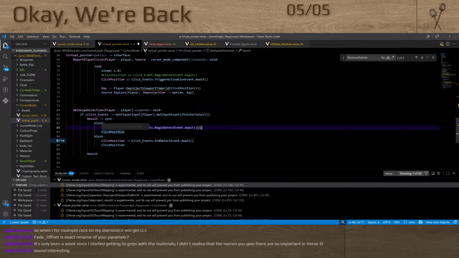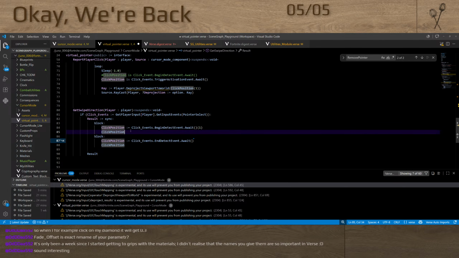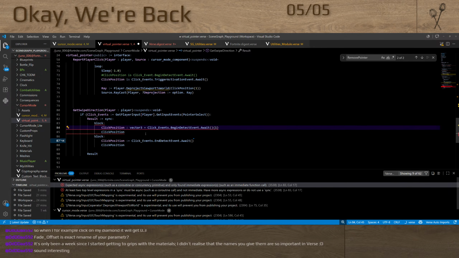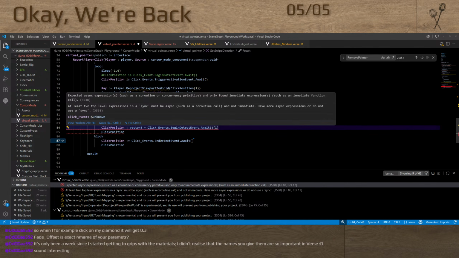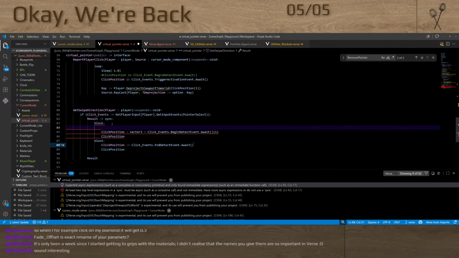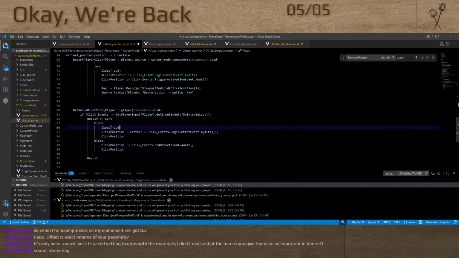Okay, so this is the click position. It's a vector. Let's see if I can force that vector into the type. Okay, so it did force it successfully, but now this is not going to count as an away, even though it's an